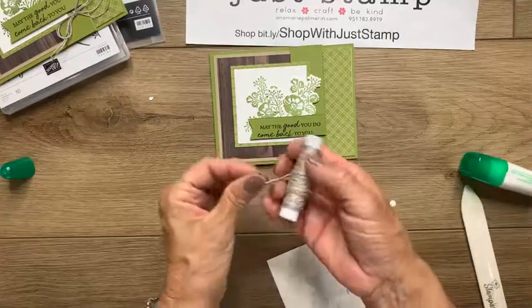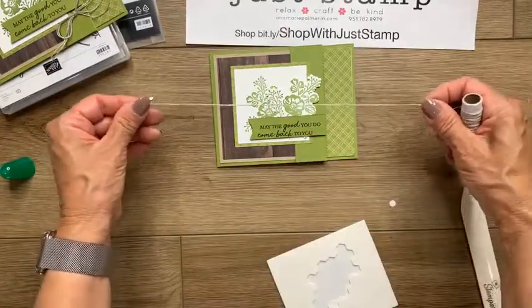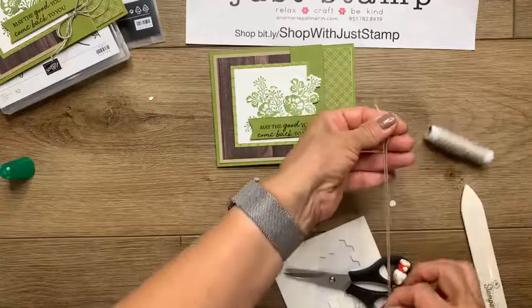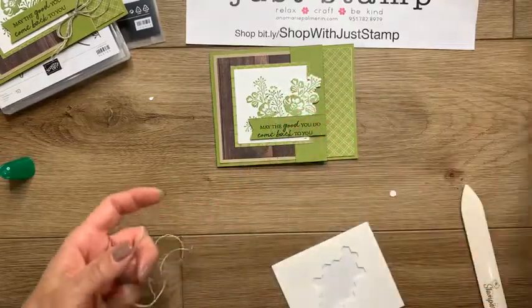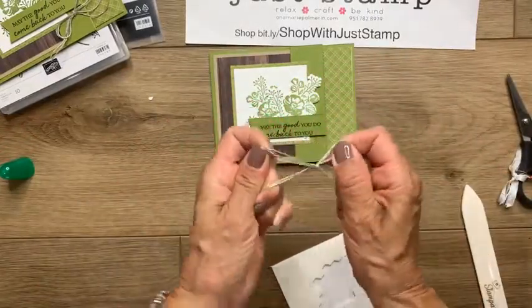And then one last thing, I'm going to add a little linen thread bow. And I'm going to double it up. So I'm going to take probably, I don't know, maybe 10 inches length, but I'm going to double it to make it a little bit bulkier, a little bit heavier. And I'm going to just go ahead and tie a bow, 2 rabbit ears, flip that over,